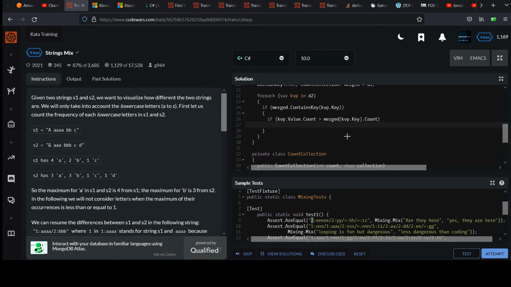It means that one from dictionary 2 is greater and it should overwrite. So we would want to say, let's overwrite it. So that value now is going to be equal to dictionary 2's value. Okay, and if it was greater, and then we have one other condition to check, else if KVP value.count, if it's equal, right, then we would say